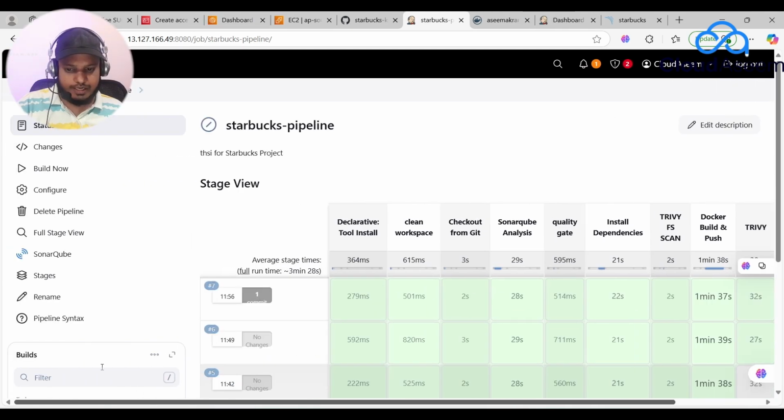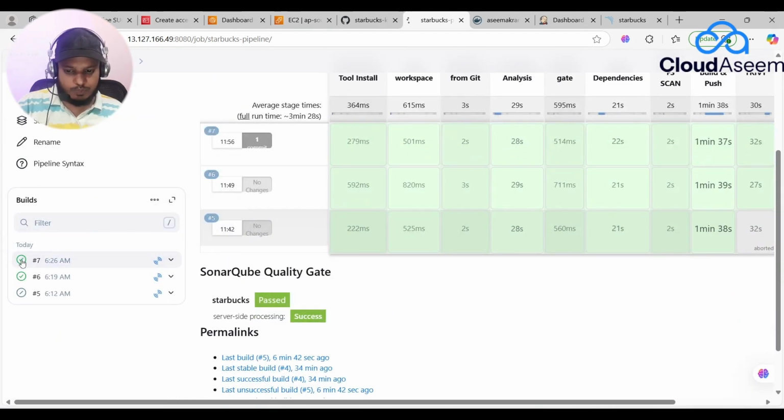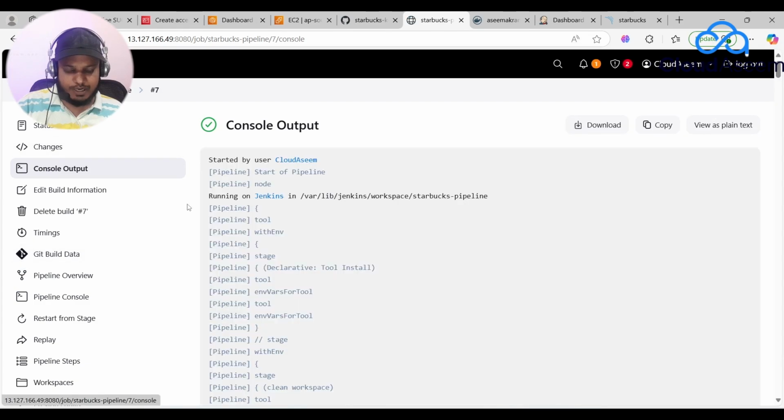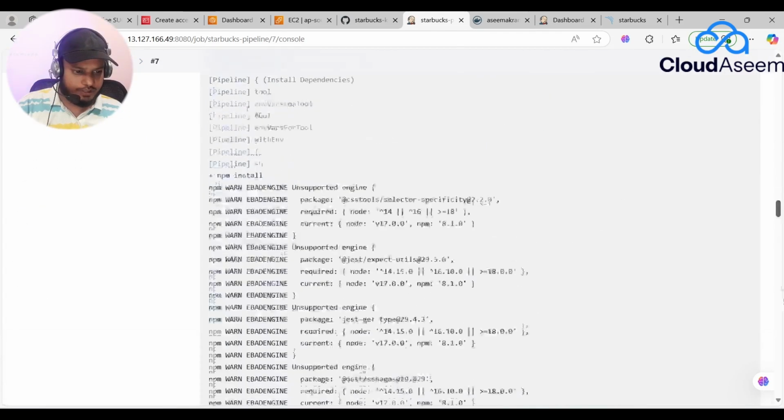So let us go and review this pipeline. Pipeline console. If we check the pipeline console over here in the bottom right, we have added